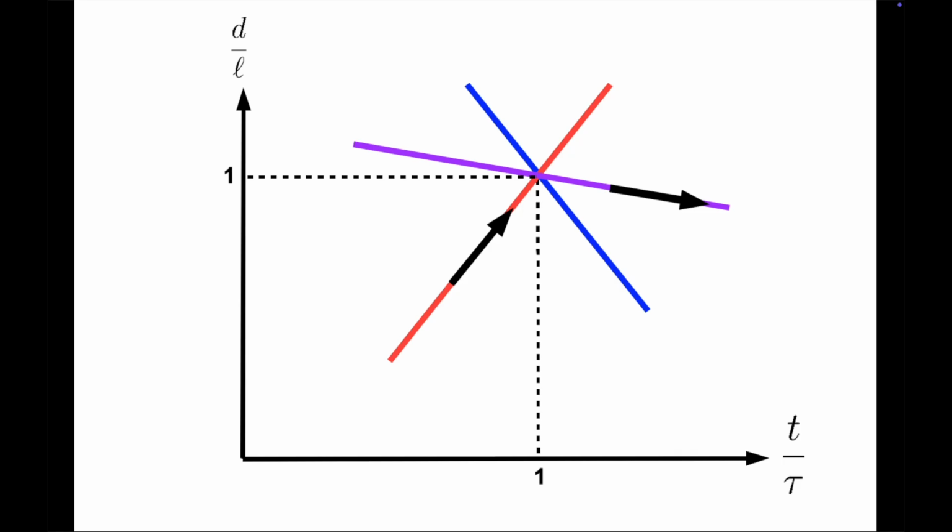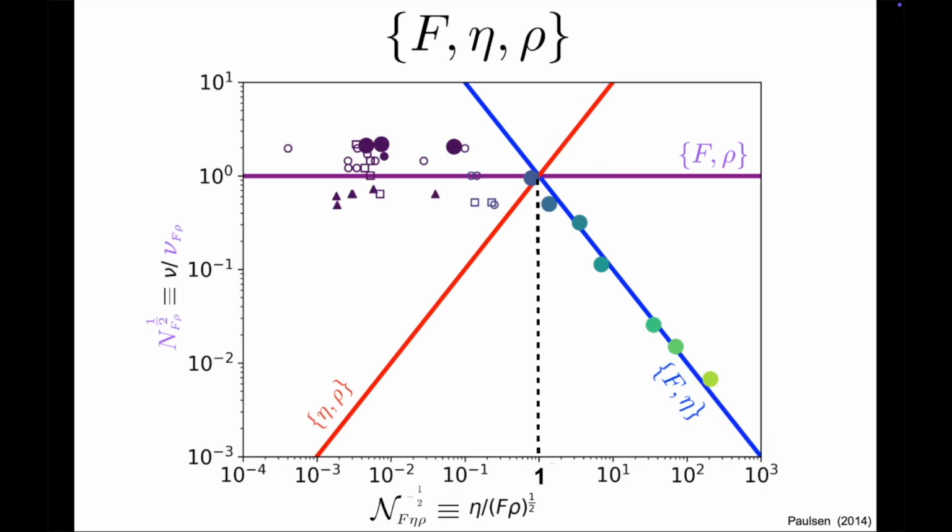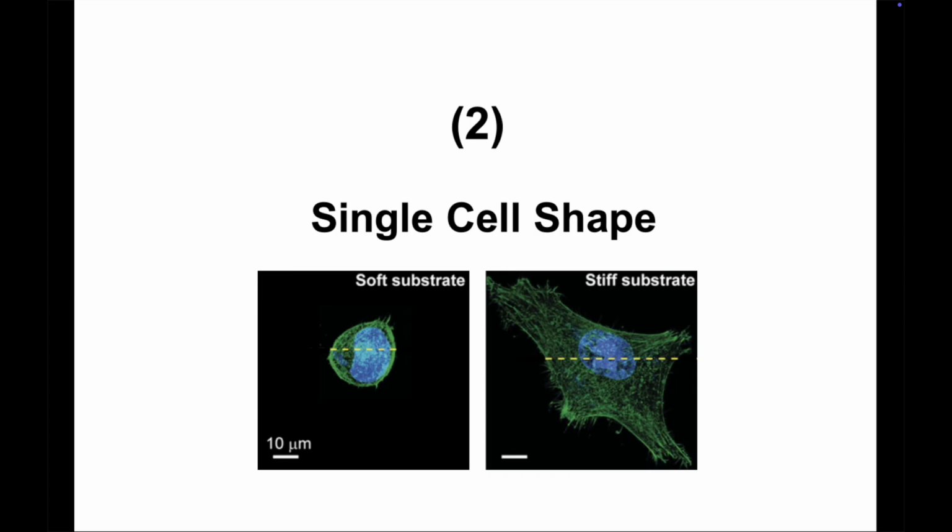For an aligned trio in the mechanical plane, we do get an intersection, but not in the kinematic plane anymore. Here, the vertical axis is kinematic, but the horizontal axis is mechanical. Several branches connect, but only a few seem to be observed. There are no already existing rules on how to understand this, so we'll have to figure them out as we go. And the difficulty is not specific to kinematics, it was already there in the last episode, when we discussed geometry. For instance, it was already there when we discussed the shape of single cells on soft or stiff substrates.